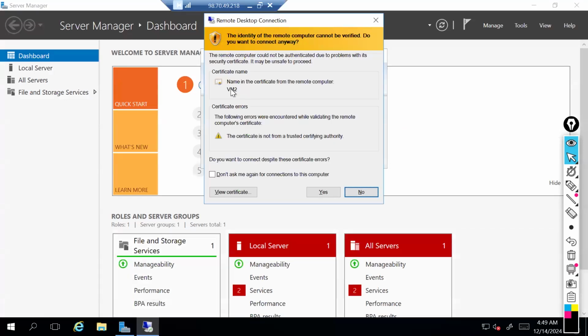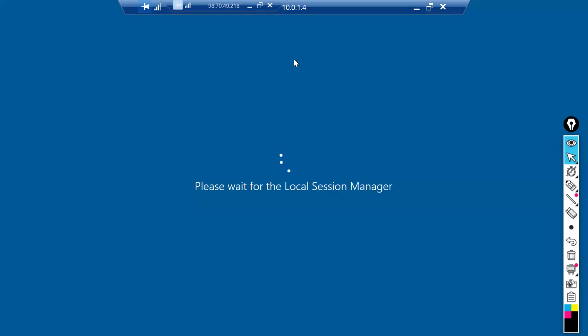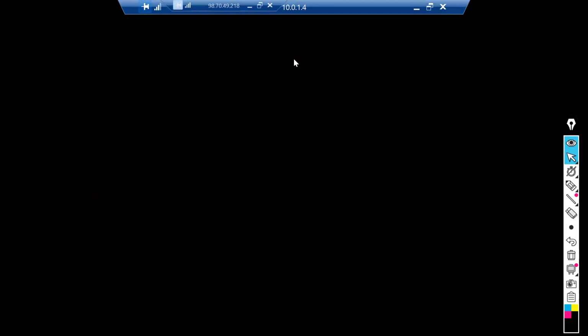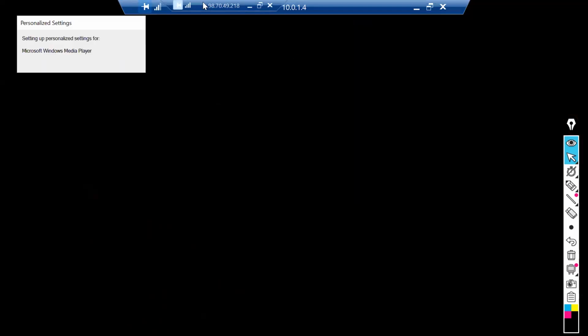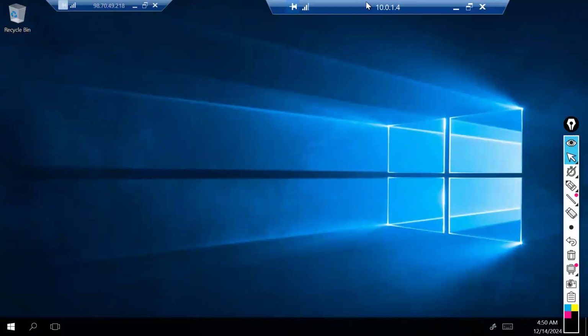I'm connecting to VM2. Now this is my VM2, right?